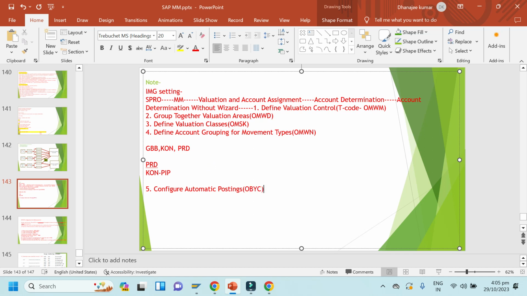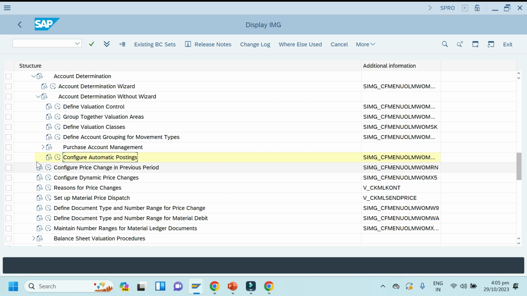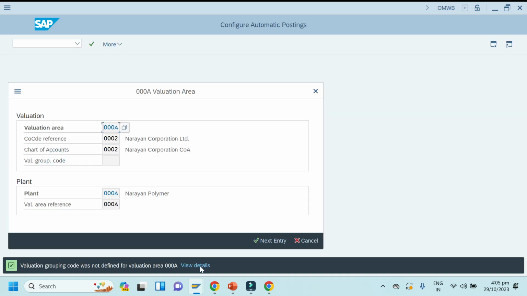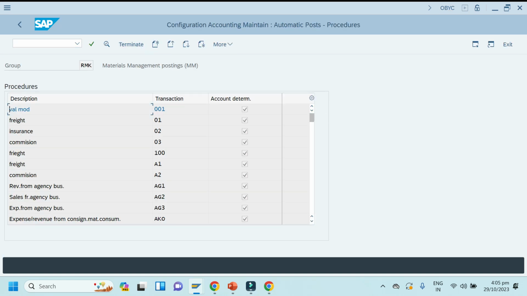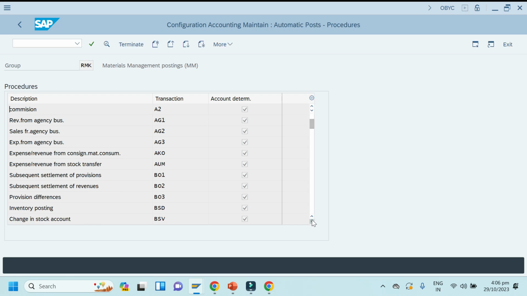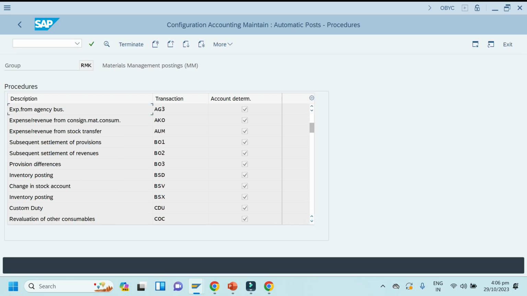Okay, so how do we have to go? We have to click here, enter, cancel, click on account assignment. So you can see here all transaction keys. If you go down, you can see BSX. You can see here BSX for inventory.